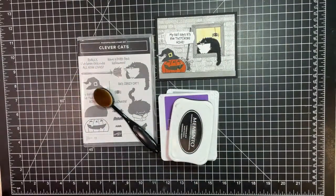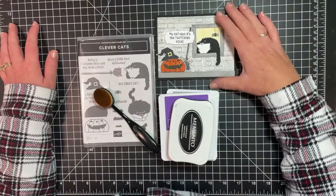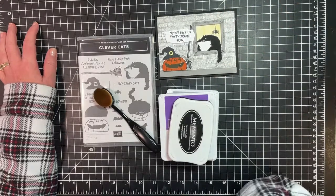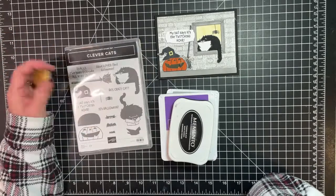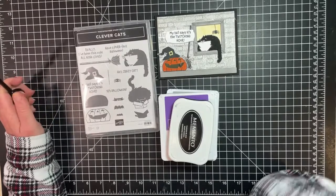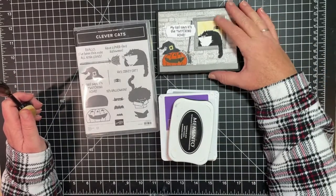flip my camera down to my desk and give you a little sneak peek. This is the card we're going to make. I am going to change it up just a little bit, add a couple different colors to it, and we're going to use the blending brush today. This is a little bit labor intensive card. It does take a minute to put together,